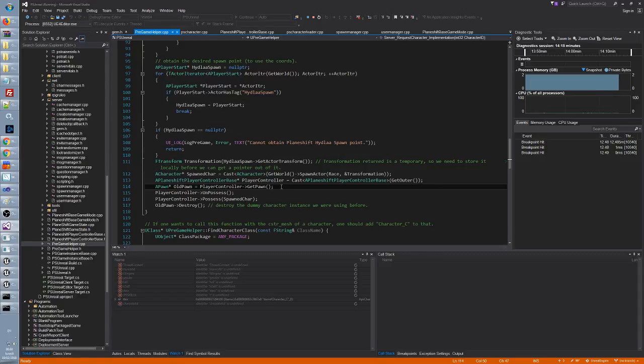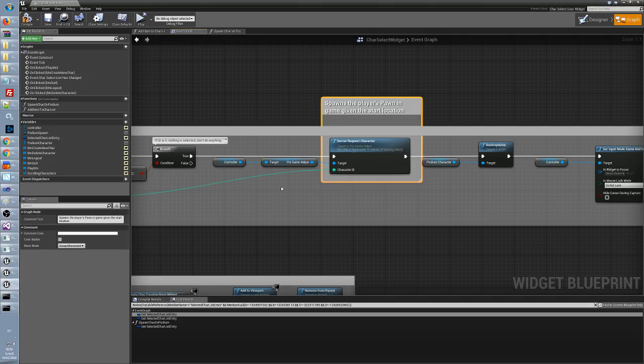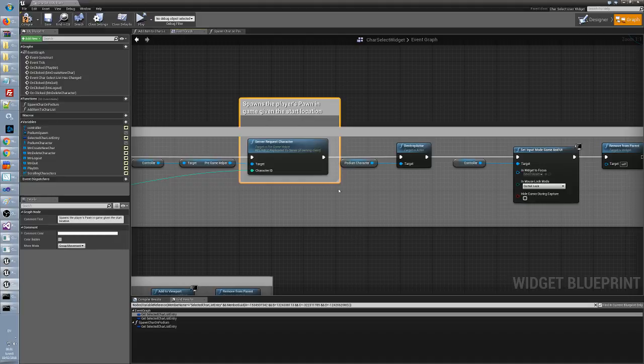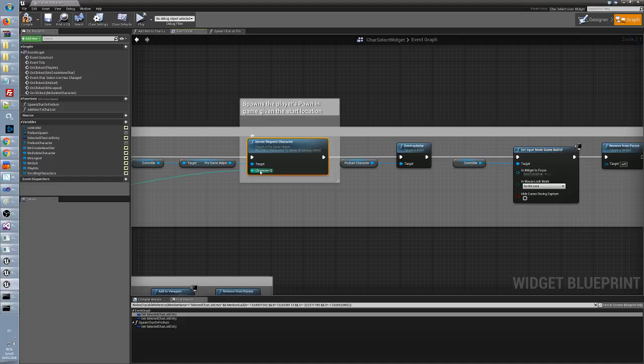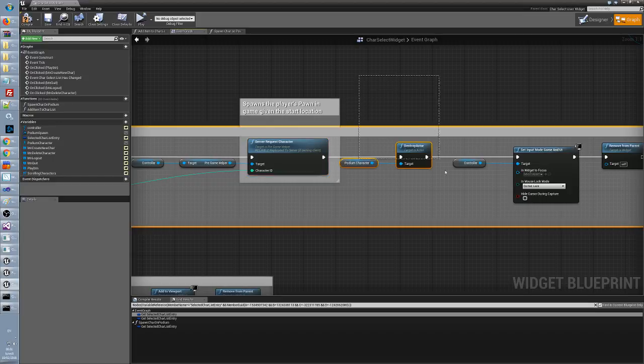So maybe I can leave it as this, but then just here after this point, I would like to get the character, and I think here we should do something like